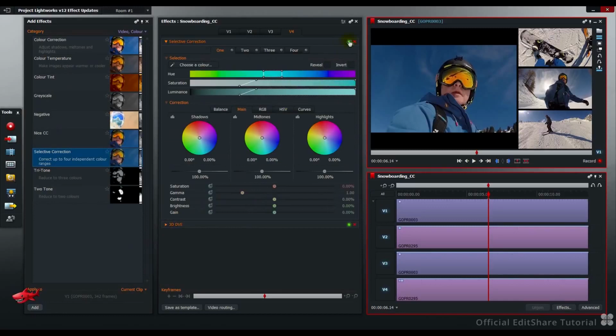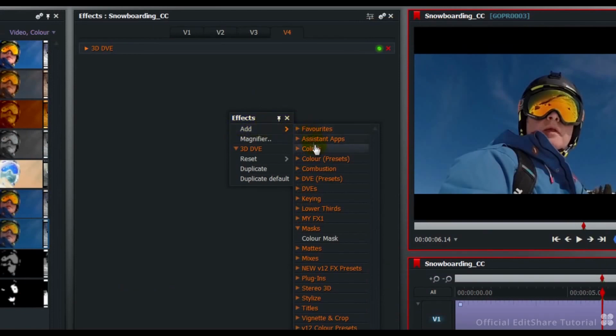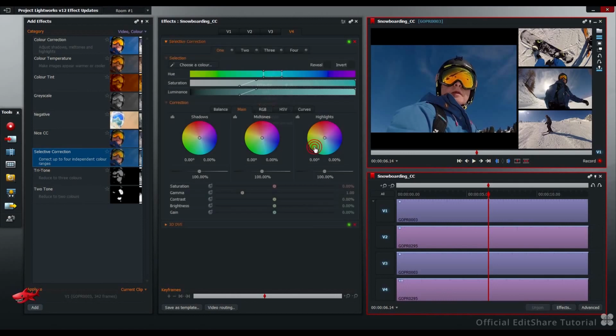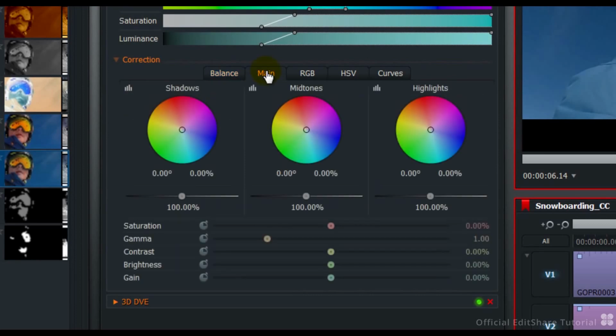I'm just going to remove that colour effect by clicking the X. If you prefer, you can access the same menu that you get when adding effects on segments on the timeline by right-clicking, choosing Add, Effect, Selective Correction. Here you can now see the tabs updates: black, grey and white point values, main, shadows, mids